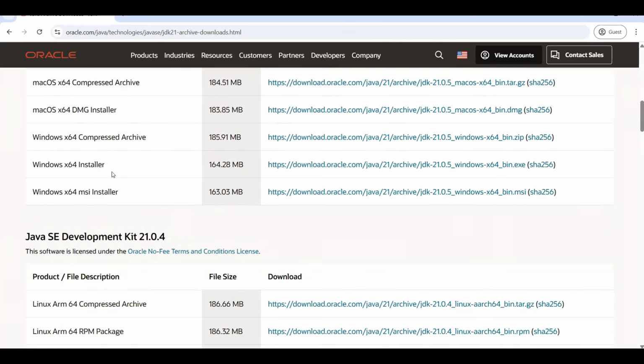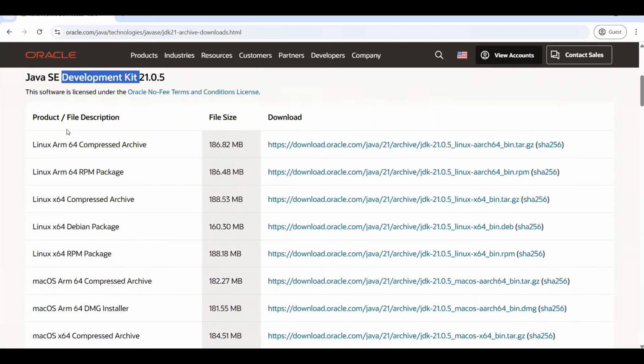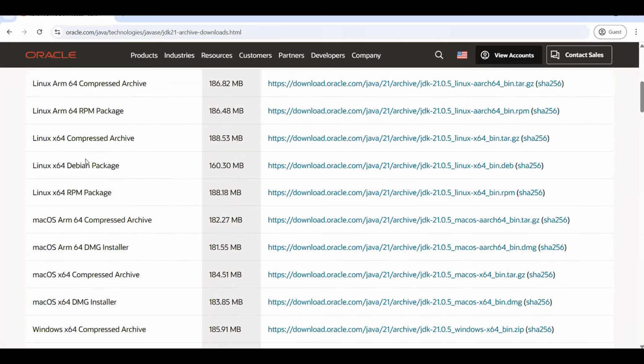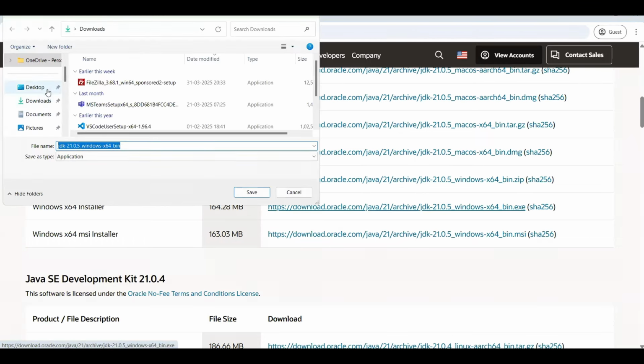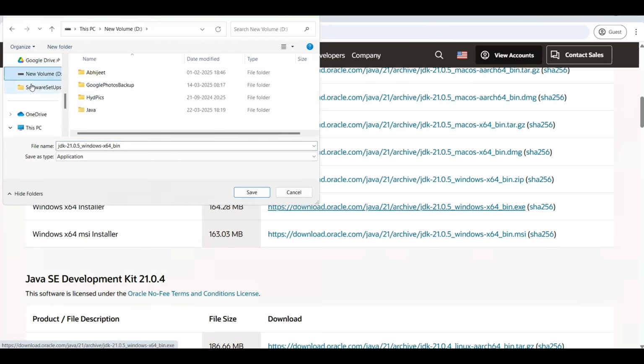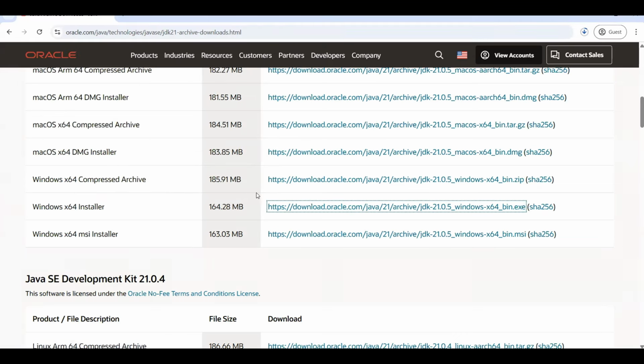I have Windows 64, so I'm going to install that executable file on my system. You can select yours from the list of options available here. I'm going to select this and it is going to get downloaded. I have one specific place where I install all my setups. So I'm going to save the setup at that place itself so that if at all I need to back up my software installations anytime, I go to this particular folder, take its backup, and I'm safe.